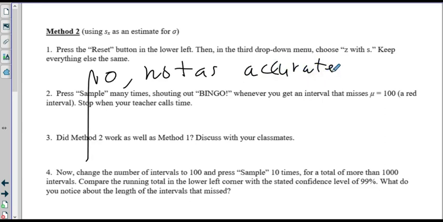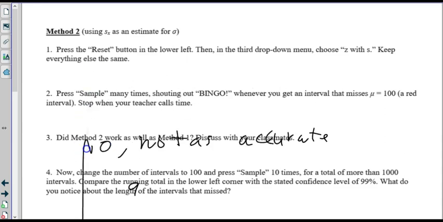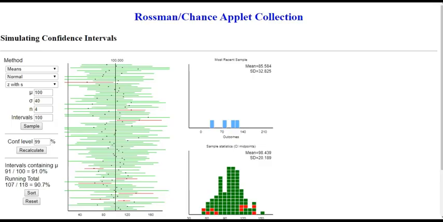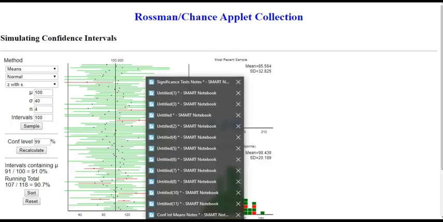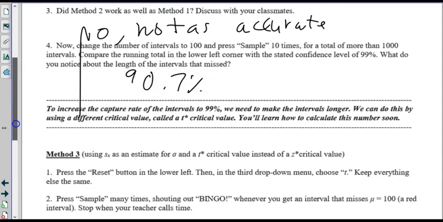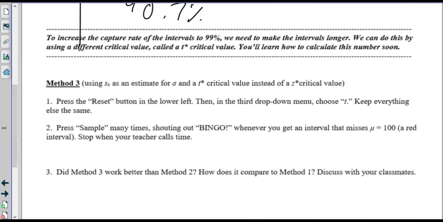And we ended up with 93, down here, I put that in the wrong thing. That goes to number 3, and this should have been 93 point, what was it again? 90 point something? 90.7, way lower. Okay? Now, it says to increase the capture rate of the intervals to 99%, we need to make the intervals